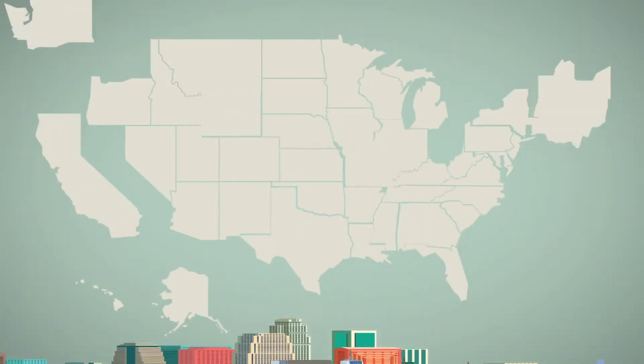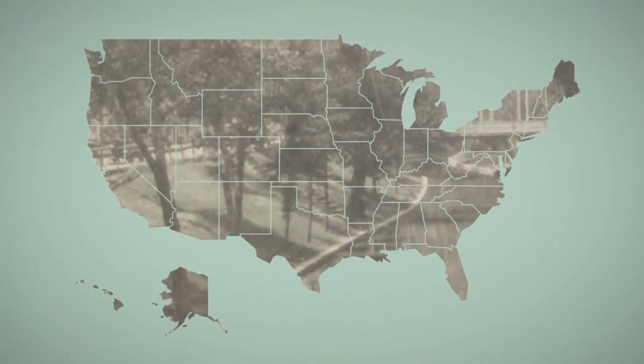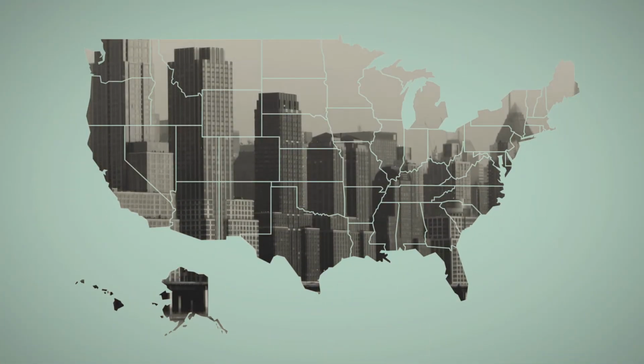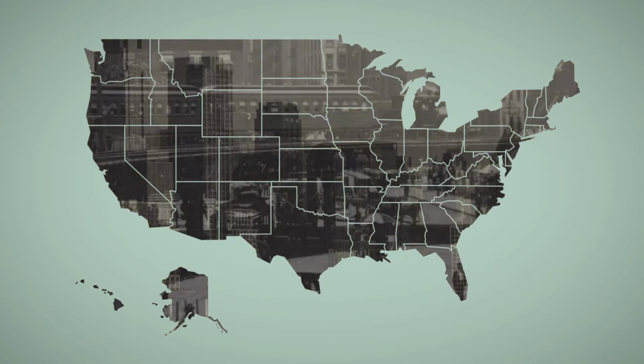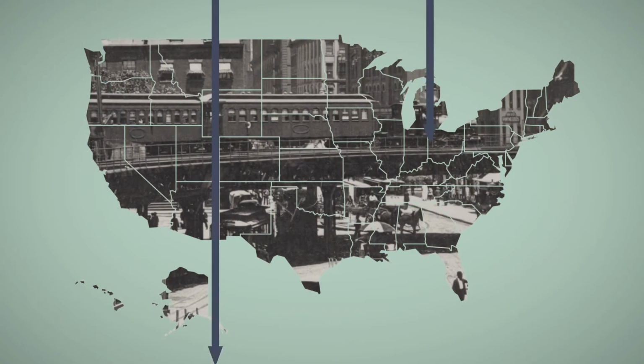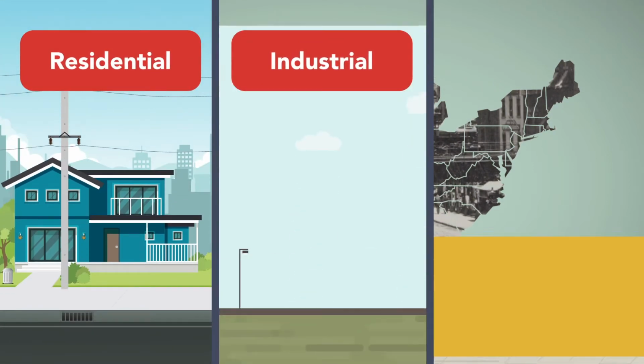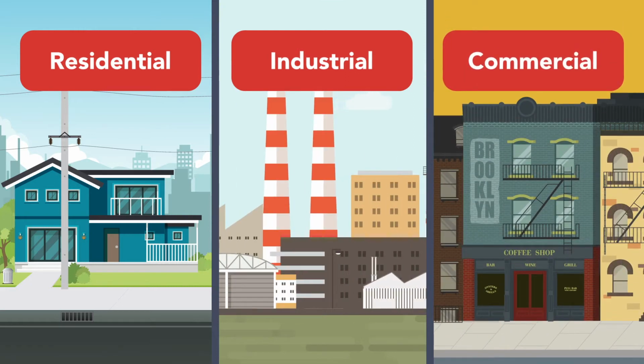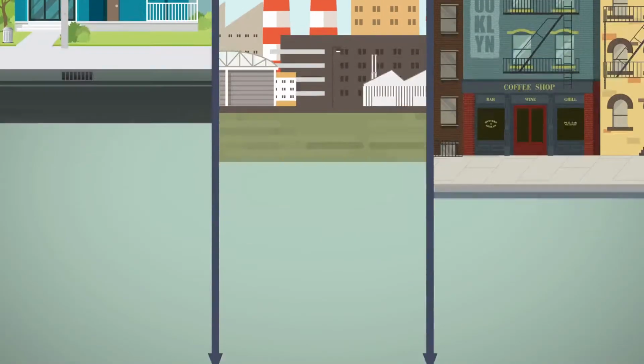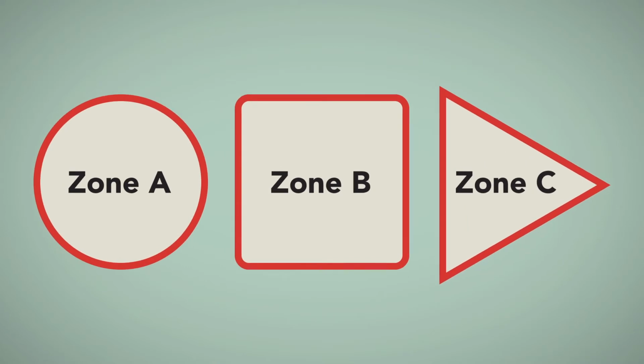The earliest types of zones in the United States, dating back to the zoning ordinances first enacted in the early 20th century, were simple in purpose and limited in number: residential, industrial, and commercial. As urban planning has evolved over the past 100 years, so too has zoning become more sophisticated in concept and application. Let's look at the zone types commonly used today.